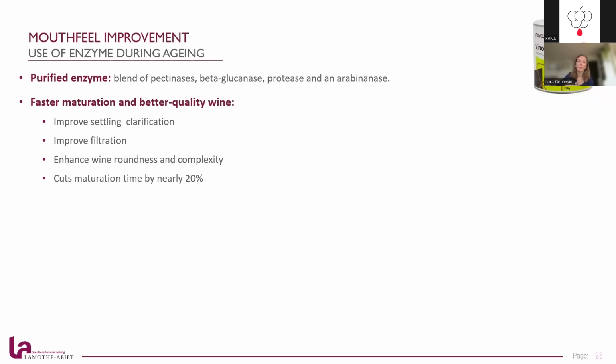It will also improve the filtration because of the pectin activity, but also the beta-glucanase. If you have glucans in your wine, that will help to cut this and improve the filtration. But also, because it's degrading the glucans, it will release more polysaccharides. And polysaccharides, it's like